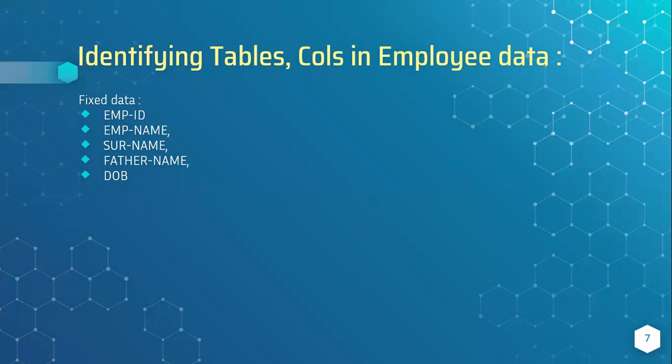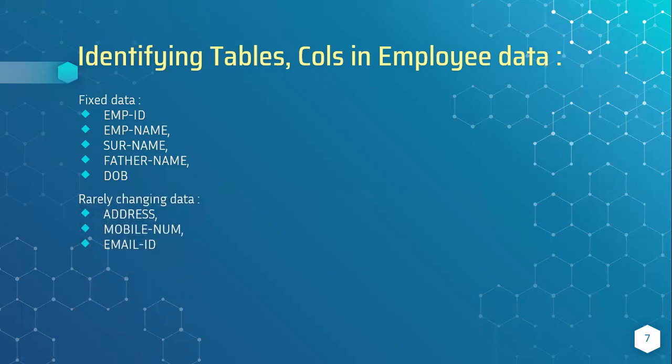We will categorize the columns into fixed data columns and changing data columns. If you take employee ID, employee name, surname, father name, date of birth, they will never change. They are fixed data columns. Next, if you take address, mobile number, and email ID, they will keep on changing. They are changing data. But